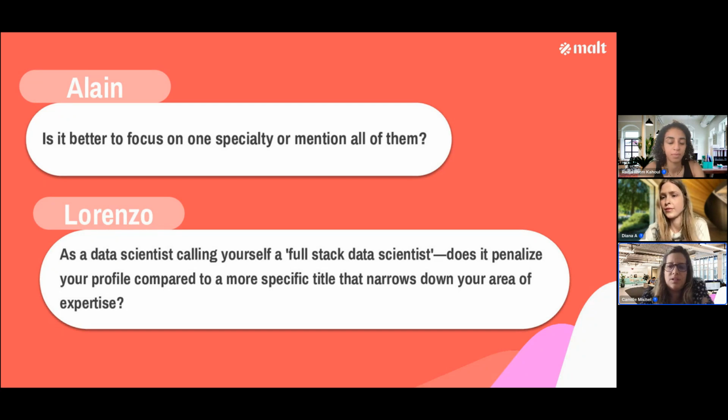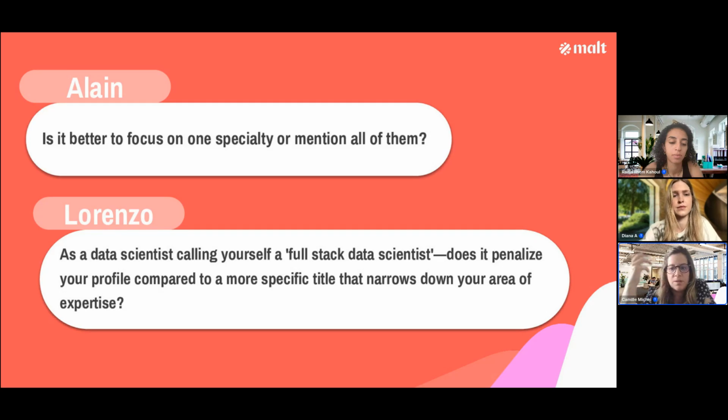What is very important is to use keywords that clients are actually searching for. So if you know that this is really a trend that is going on and on, that companies are looking for full stack data scientists, then you can absolutely use it. Today on the platform, I've looked at the profiles that we have for full stack data scientists outside of France. There are not that many. So less than 100, so it's very specific.